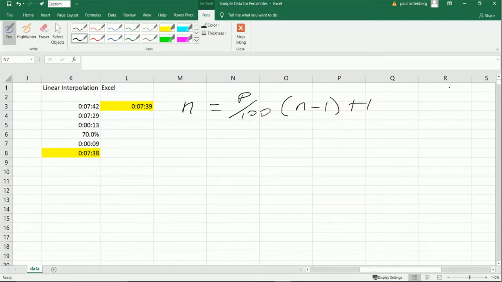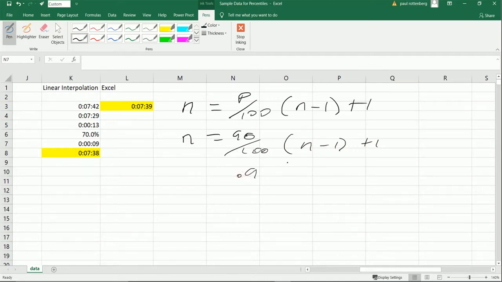So using the 90th percentile as our example, we'll say n equals 90 over 100 times n minus 1 plus 1, or